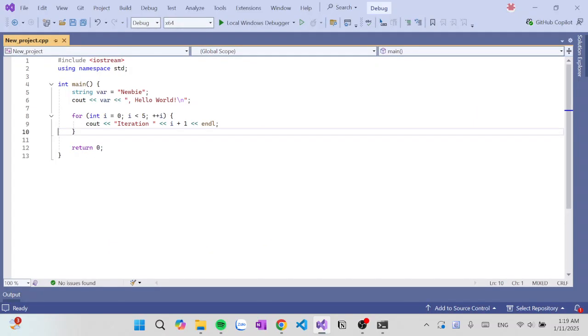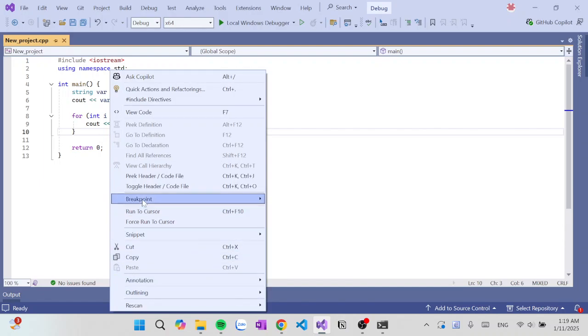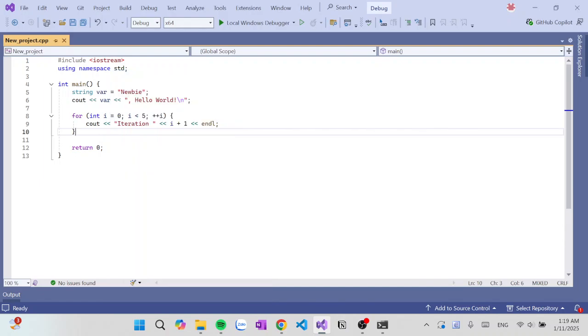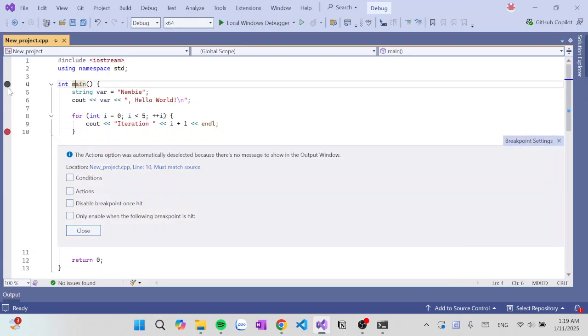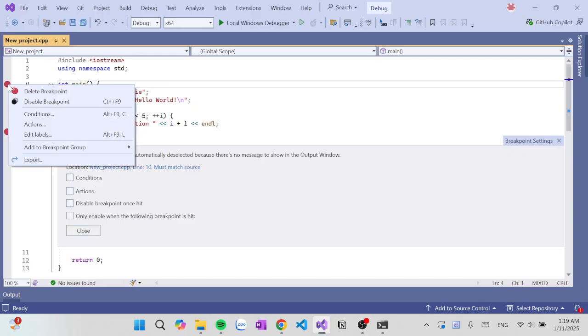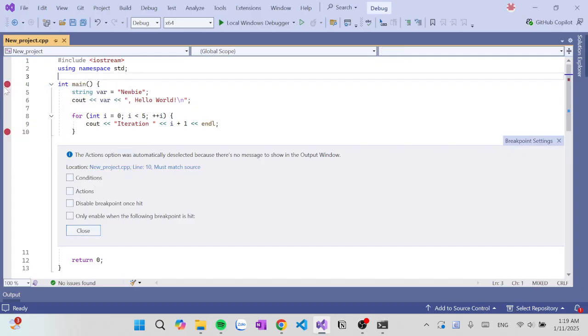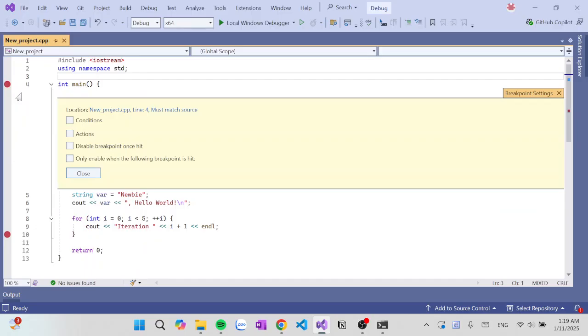The second type is called a trace point. You can create it by right click, Breakpoint, Insert Trace Point. It's this simple. Or you can just hover over it, click Settings, and click Actions.